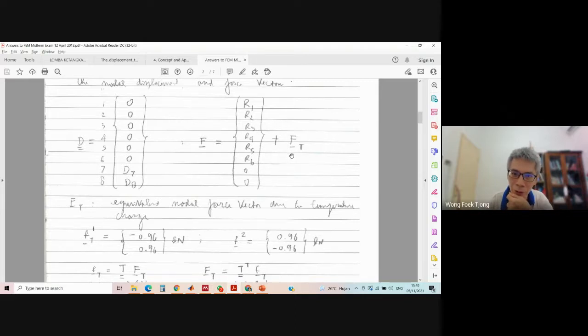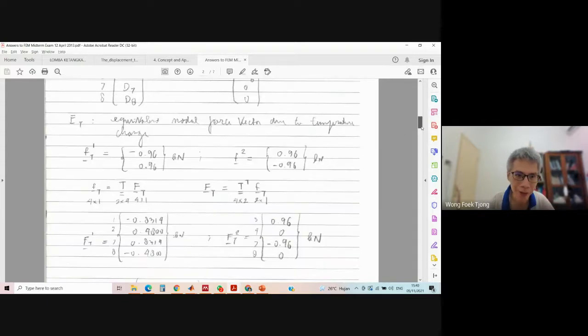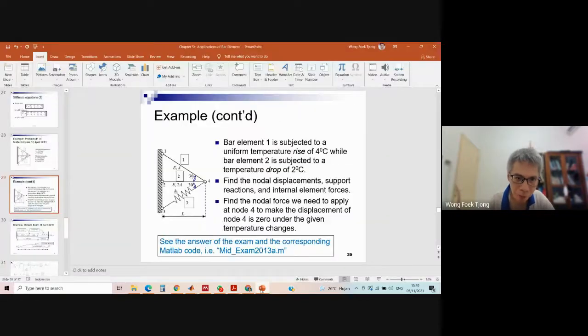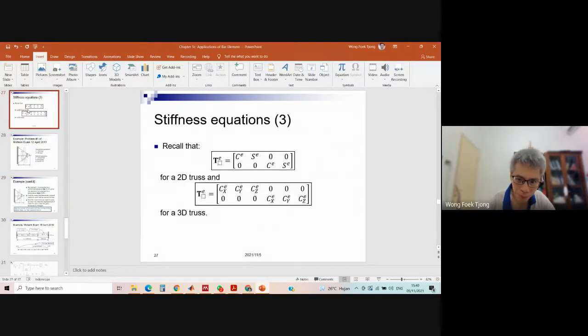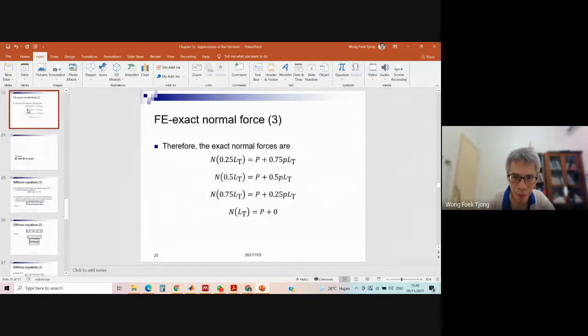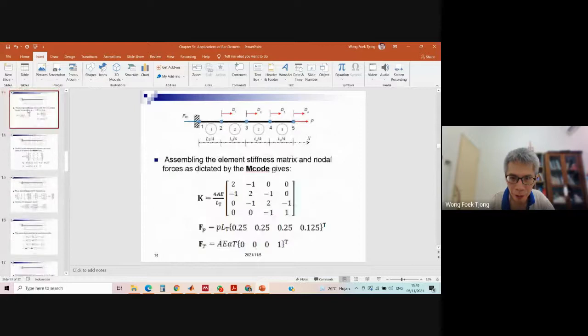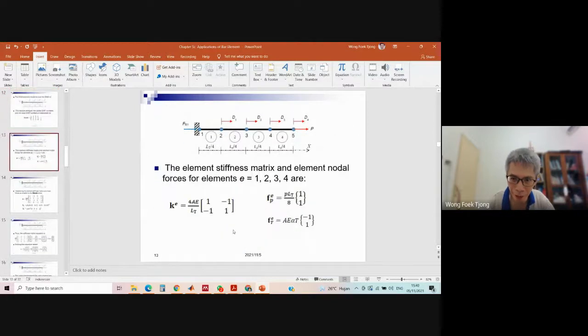The equilibrium nodal force due to temperature change that comes from the element. So we should compute it for element 1. That's the increase. So we use this formula for element number 1. The equivalent nodal force due to temperature, let me go back to the previous one. This one, okay. Number 1, but this is in the local coordinate system, right? We should transform to global.